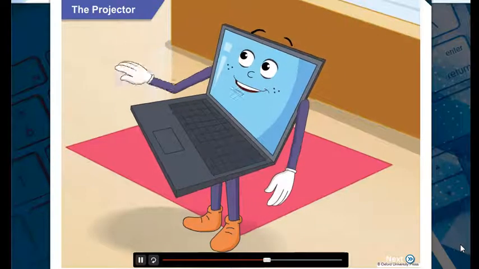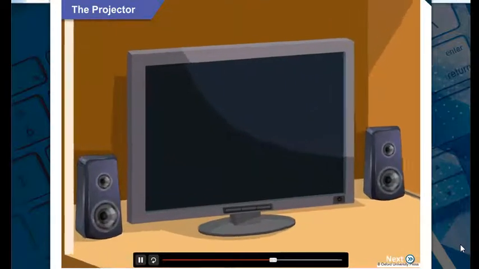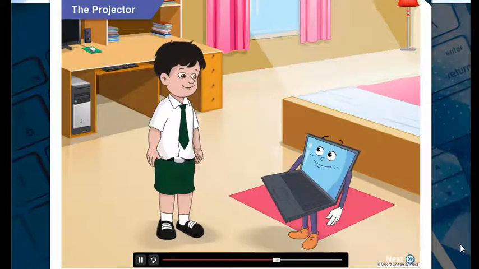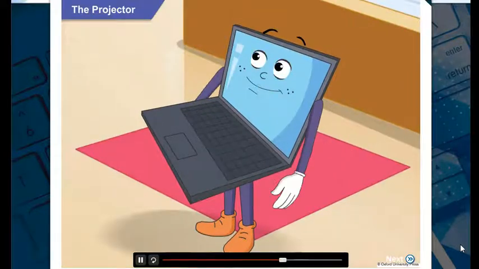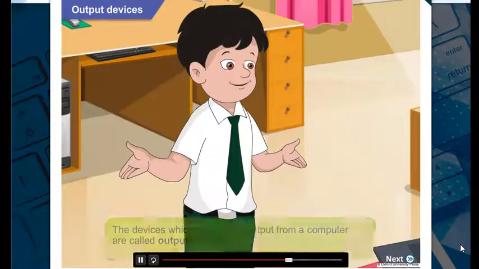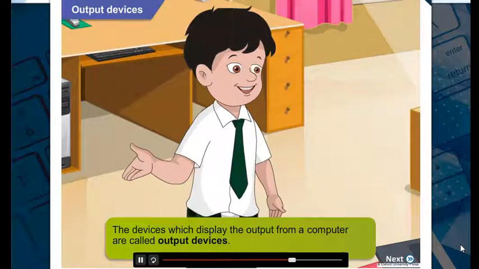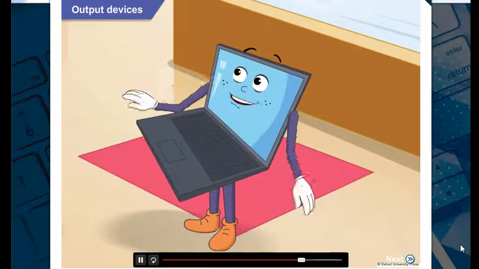Why do you look so confused? I know that the computer monitor is an output device, but how can a projector be an output device? That shouldn't be hard to understand once you recall what output devices are. Sure, Toggle. The devices through which we see the output from a computer are called output devices. Well done, Goggle.